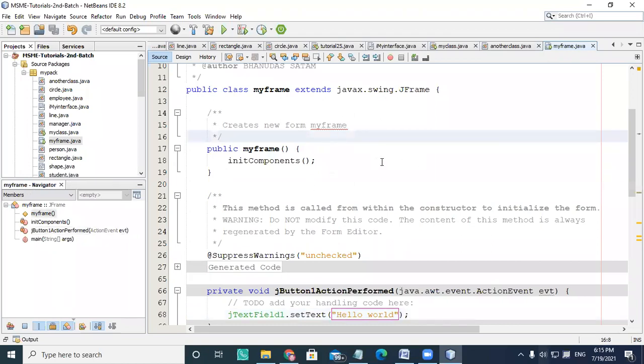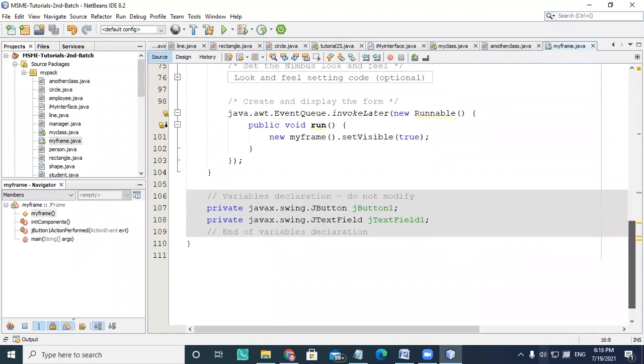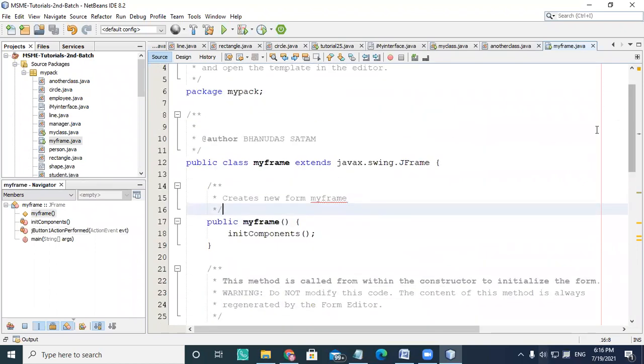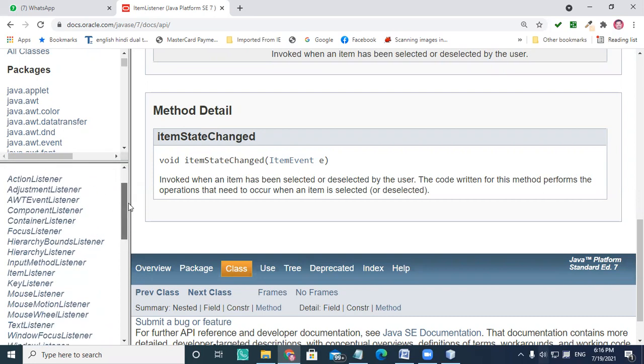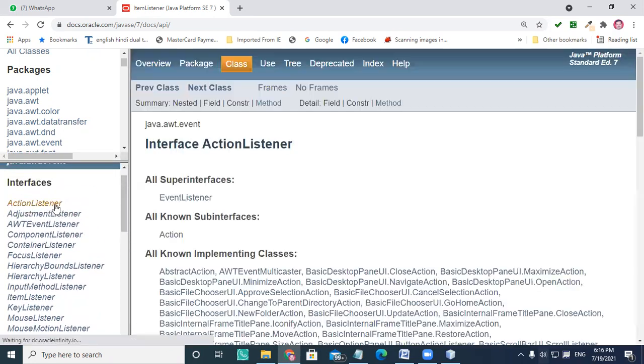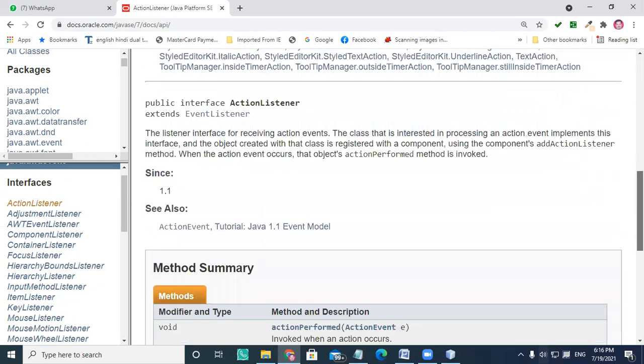You can write the interface body of action, and that action is ActionListener. If you see, there is an ActionListener, and that ActionListener is always used with a button here.